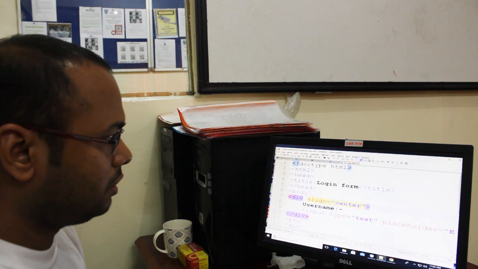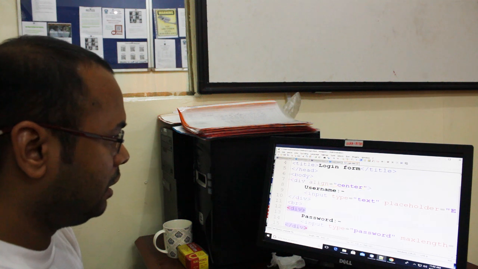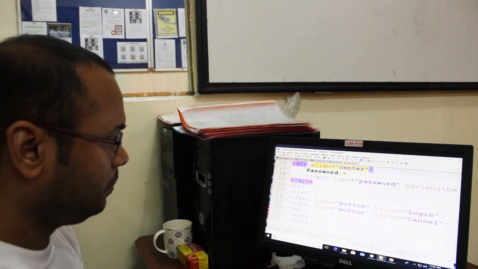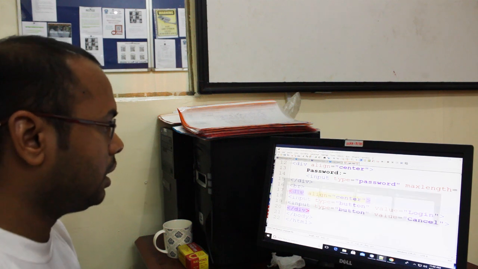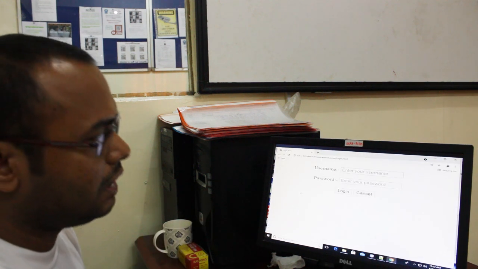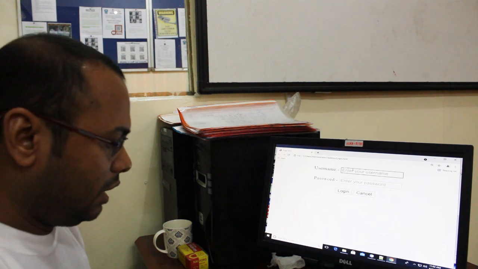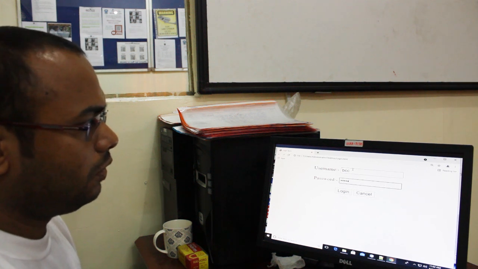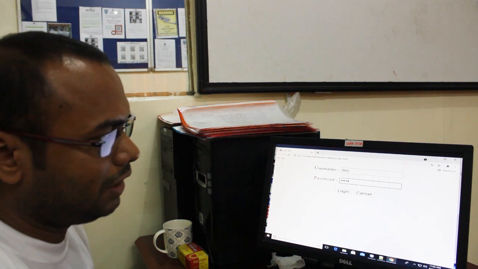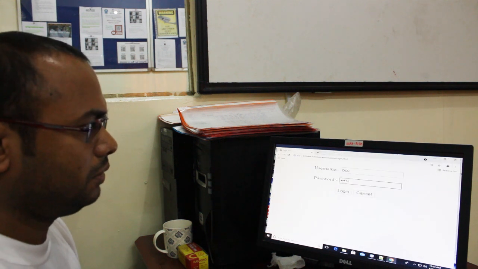As you can see, we have to do this for all the rest. So simple, you can save your time, just copy and paste for all the different sections where you want center. Like I want it for the button also. Save it, go back, and F5. As you can see now, all is coming in center. So you can enter your ID, username, password 12345. We can put only 5 because I set it to 5 digits for the password.